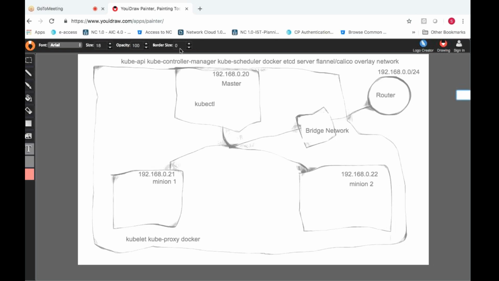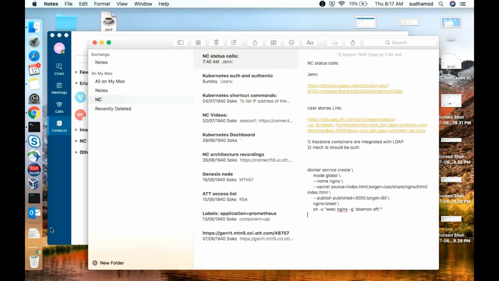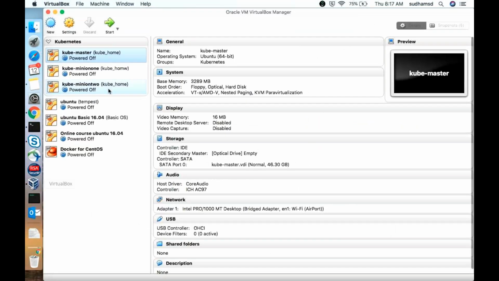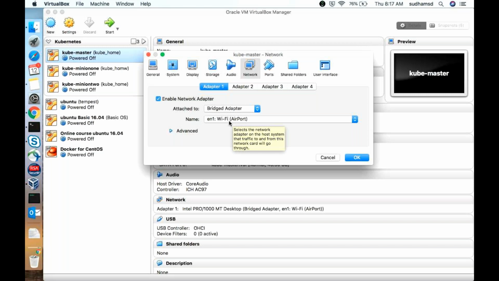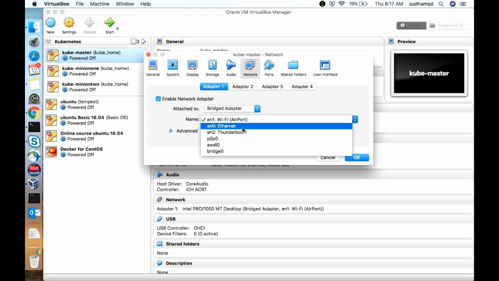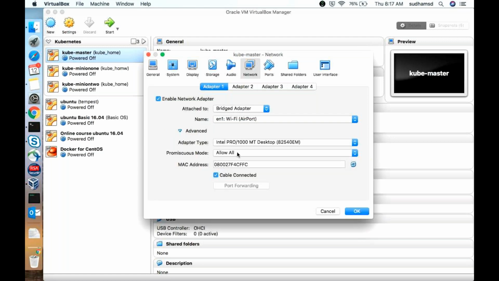So these are the three nodes which I have. I need to go to the network. So here you go. I'm using a bridge adapter, and it is connected to Wi-Fi, meaning my Wi-Fi router. If it were a LAN, I should use LAN, but it is Wi-Fi. And go to the advanced settings. Set promiscuous mode to allow all. There is no need for a second adapter, because this first adapter is connected to the bridge adapter, so it will act as NAT as well as host only. That is what I have done for the 3 servers. So let me go back and restore the snapshot.